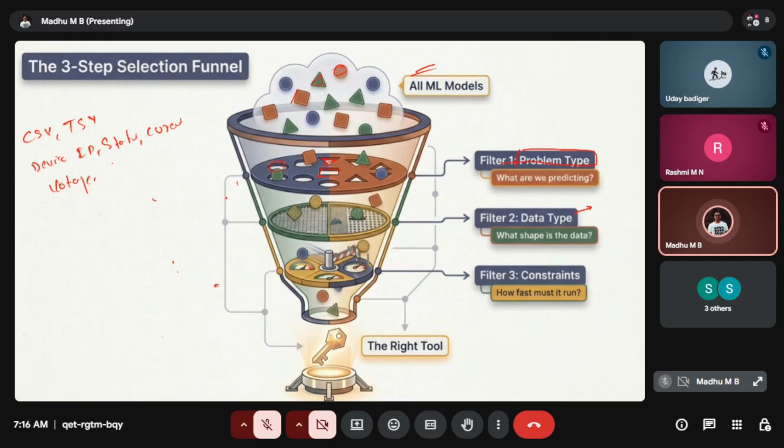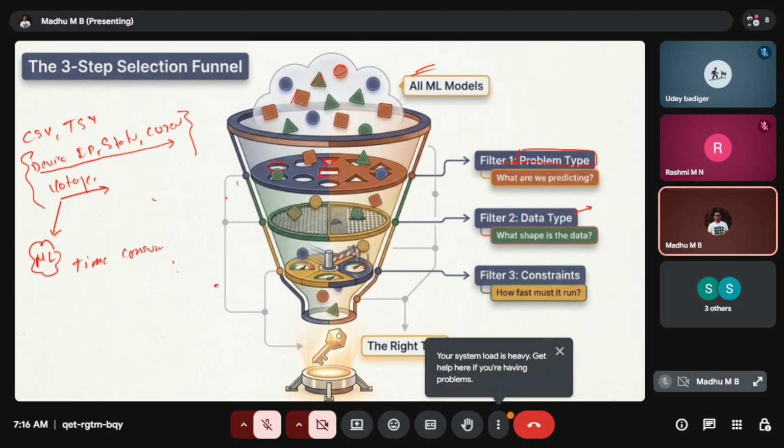But the problem when we are trying to analyze this, for example this is the IoT data set for us. When we are trying to put this into the ML model, the ML model has to check all the data from the start to end. The time consumption is very high. Why?